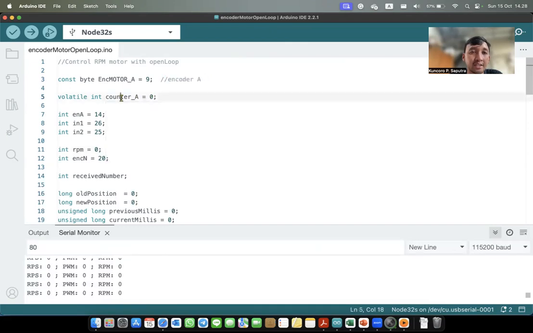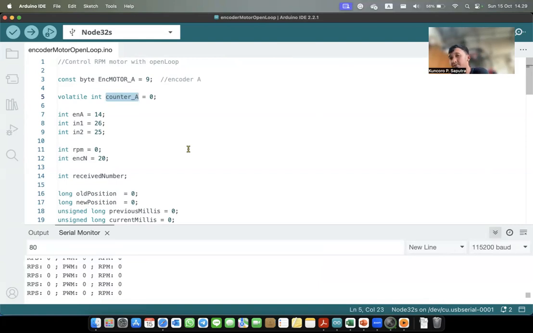Counter A is a variable to count how many times the encoder sends a rotation, the holes in the encoder.